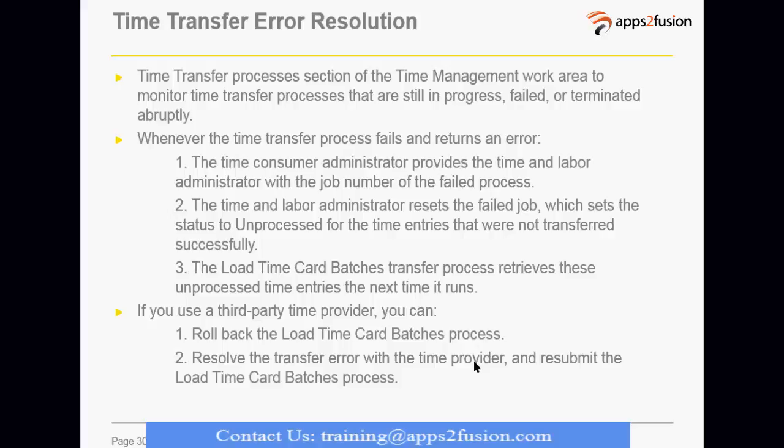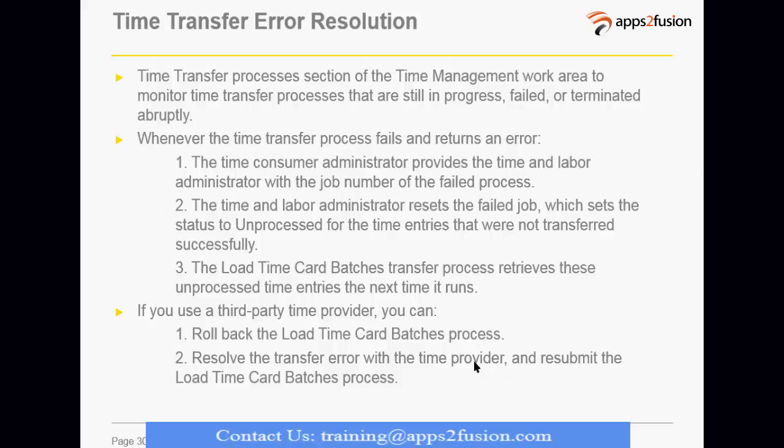And if we use any third-party time provider, then you can directly use that spreadsheet for loading time card batches, if you don't use the time card system of Fusion Time and Labor.